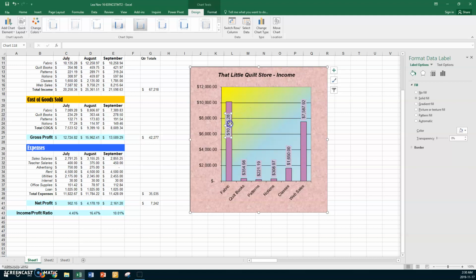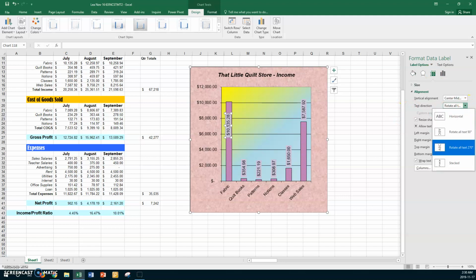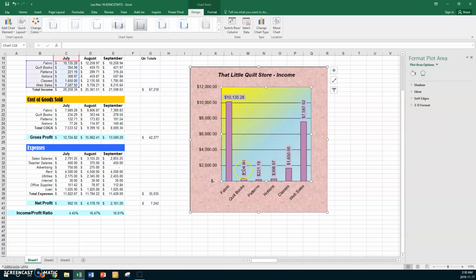Now, the other thing I could do, I just thought of, is if we go to rotate, and if I make it just horizontal, okay, and then this one here can come up here and be horizontal. So there's the big one, and the other ones are all vertical. So let's leave it like that. That looks good. And place the